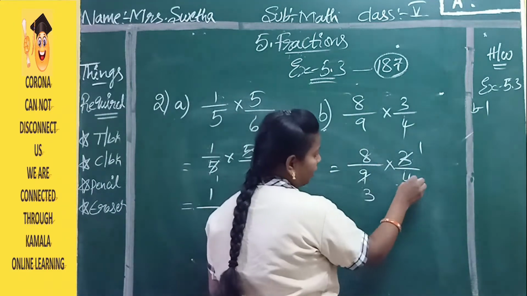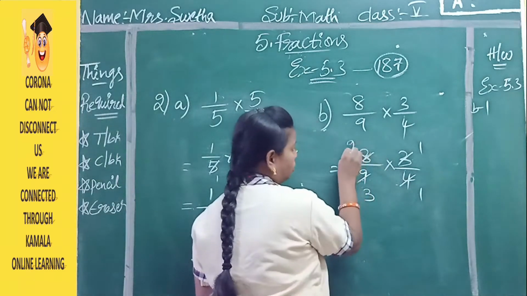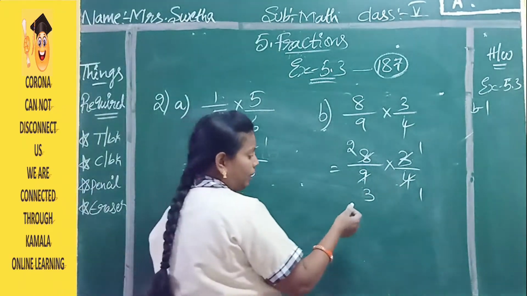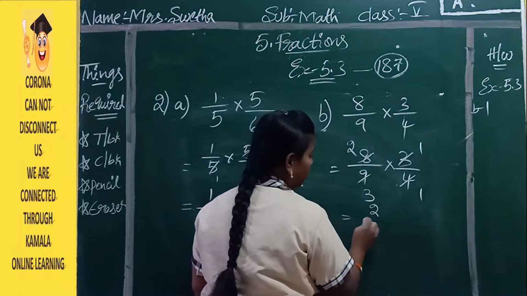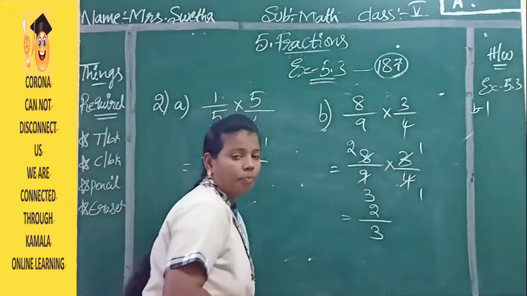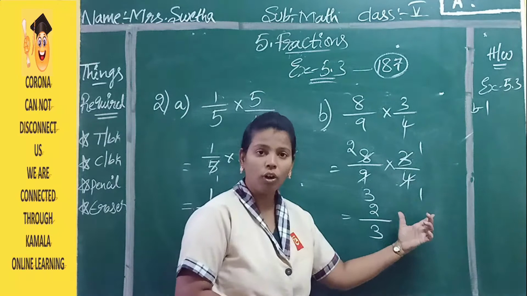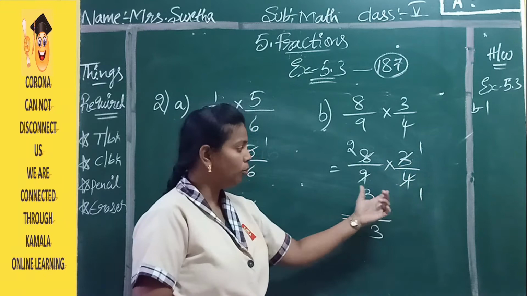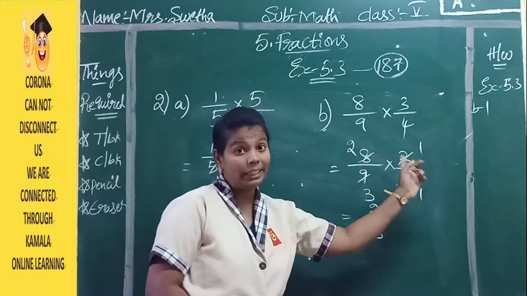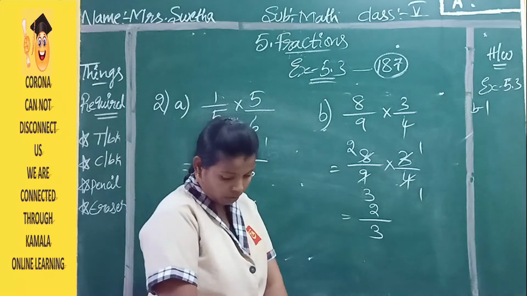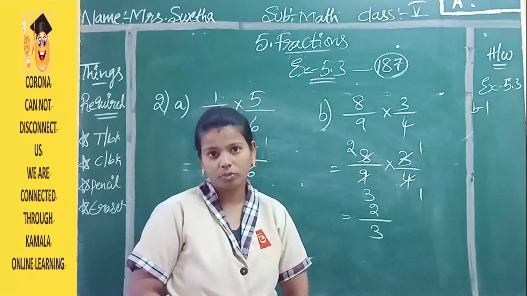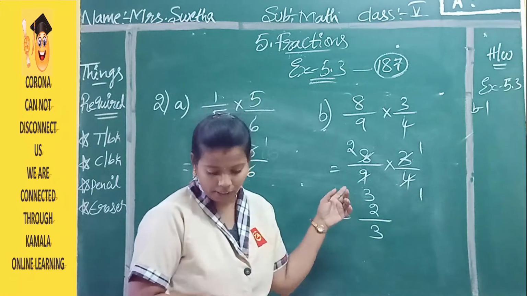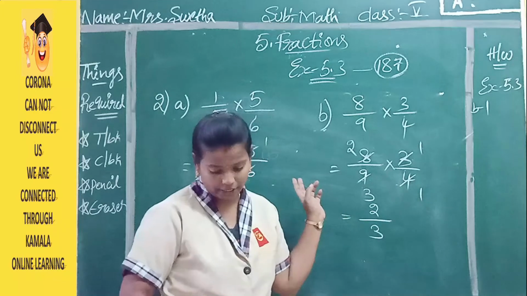See this both the numbers also will come in the table. See 4 ones are 4, 4 twos are 8. If it is possible more also you can do. If not you can directly multiply there only. See 2 ones are 2, 3 ones are 3. That's all. Till you get the prime numbers you have to cancel. See it is not possible more, so whatever the numbers are left you have to multiply and write the final fraction. So here you got 2 by 3, the simplest form. We have simplified as much as possible.